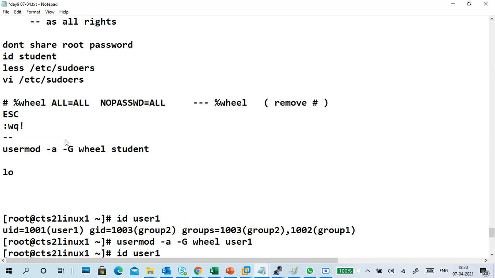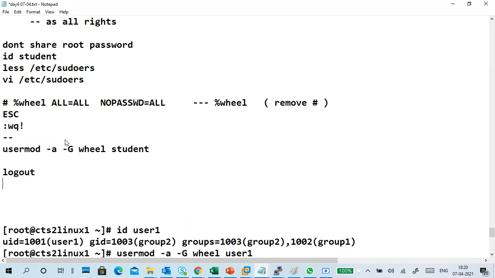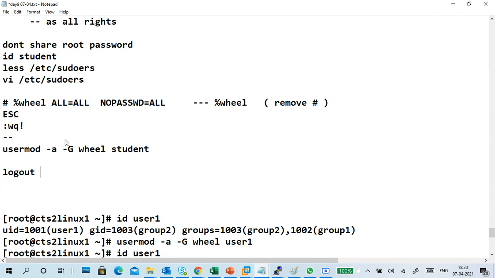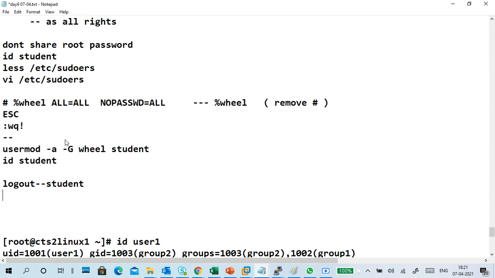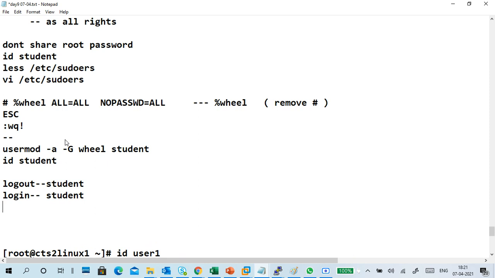Okay, so logout. id student, then logout. In the student screen, go there, logout. Then log in to student. Then try sudo